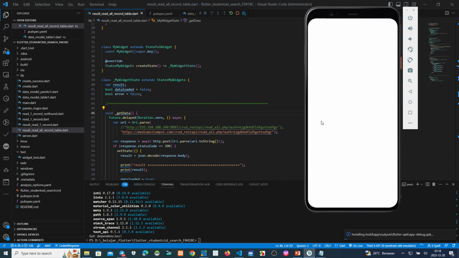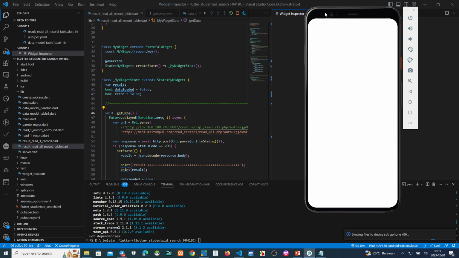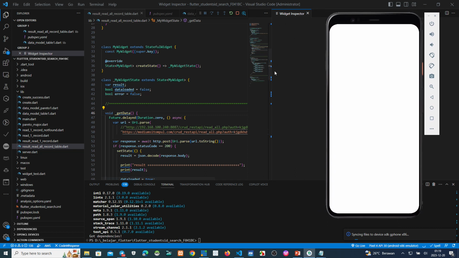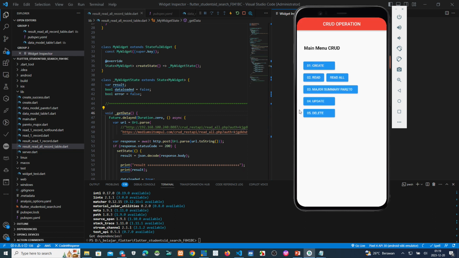Okay, maybe a few seconds more, the result will be displayed on the virtual device. Okay. Hello. Where is the main menu here? Okay, this is the main menu.